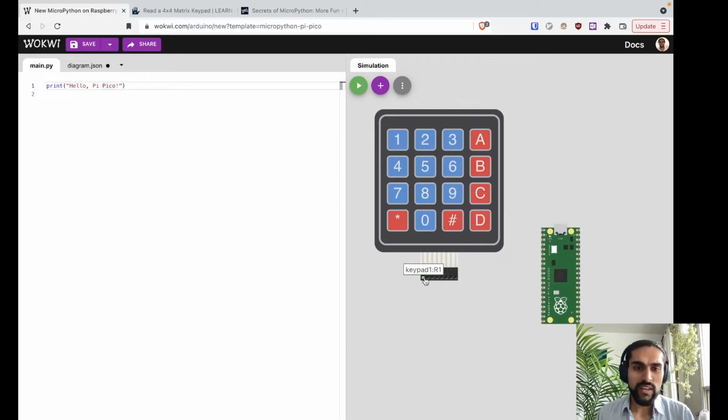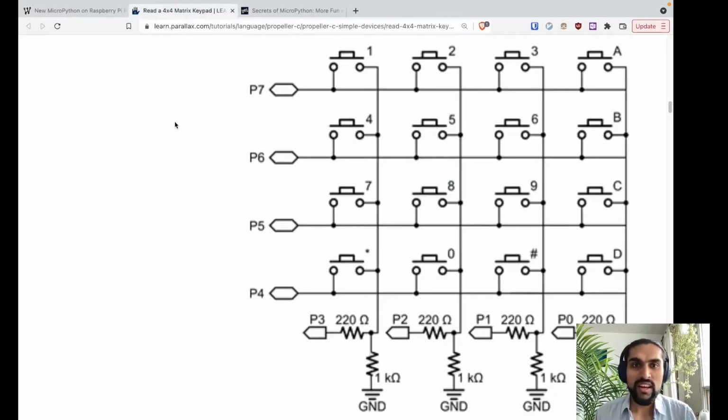Yeah, so we have eight pins here. I've pulled up a schematic that explains what's going on underneath the hood. This is the schematic. Each of these switches represents one button. For example, this is the button for number one, this is for A, this is for the pound symbol,